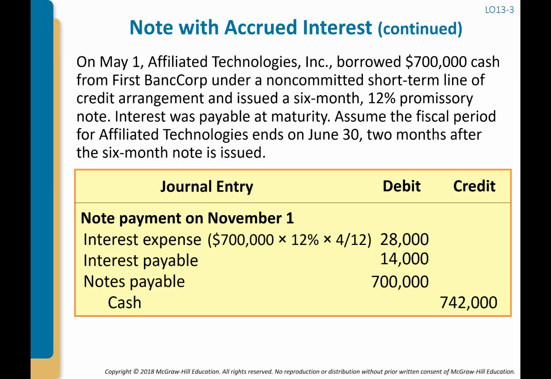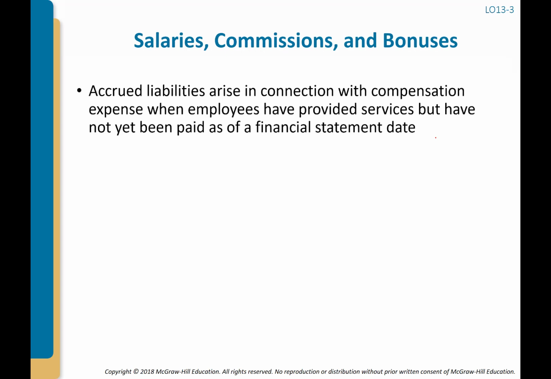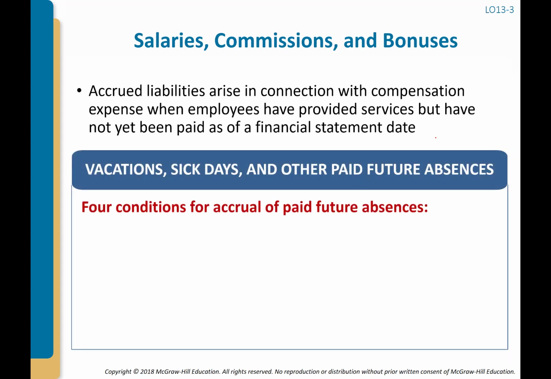So they go ahead now, they're taking the interest expense for those back 4 months. We're now paying off the interest that we had accrued at June 30th for the 2 months. And of course, we have to pay back the cash, in the full face of the note. Okay? All right, good. Pretty easy, right? Let's take a look at